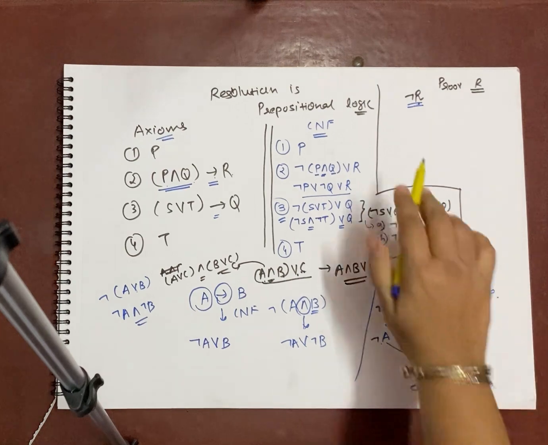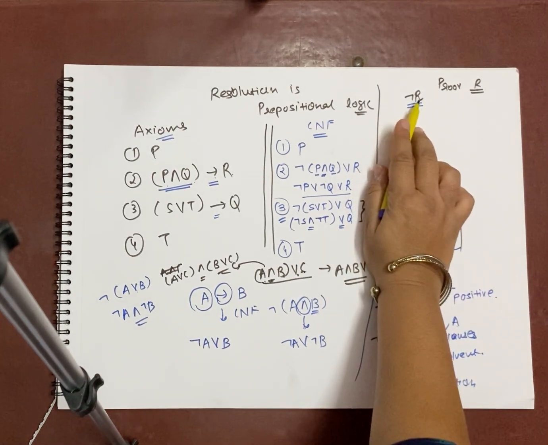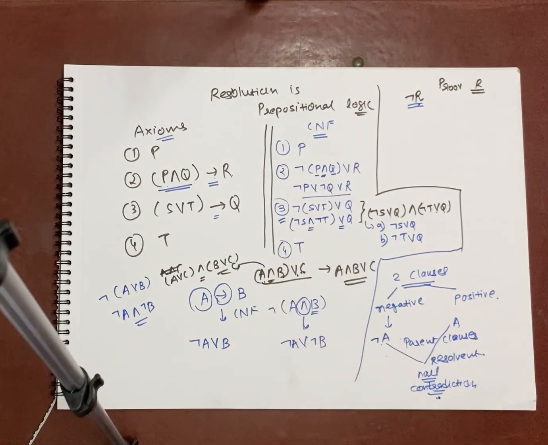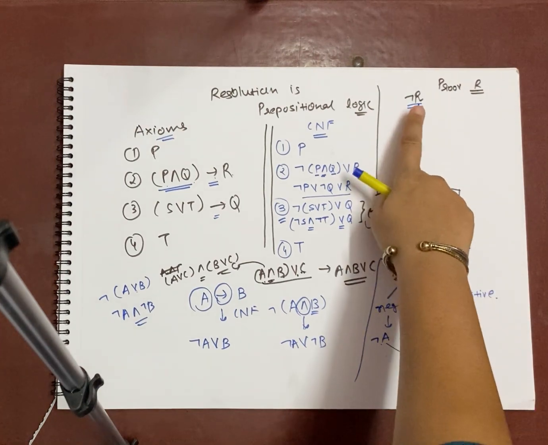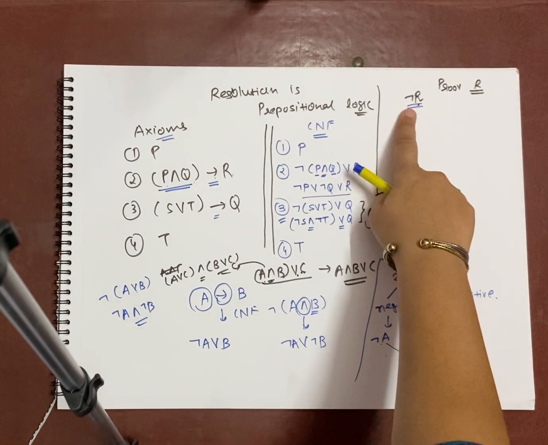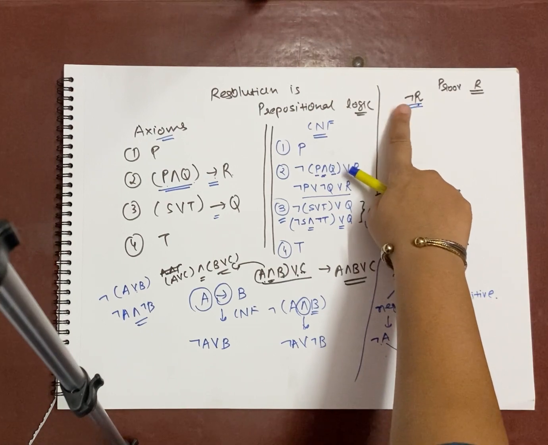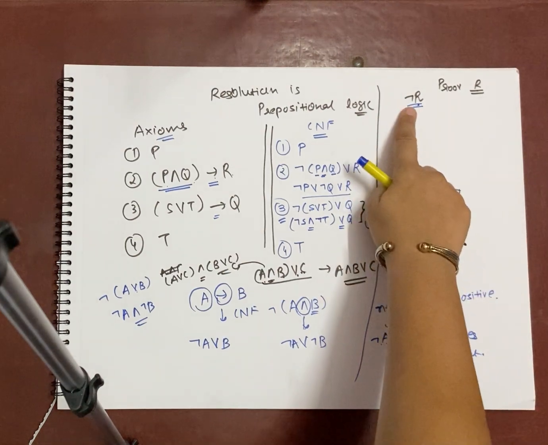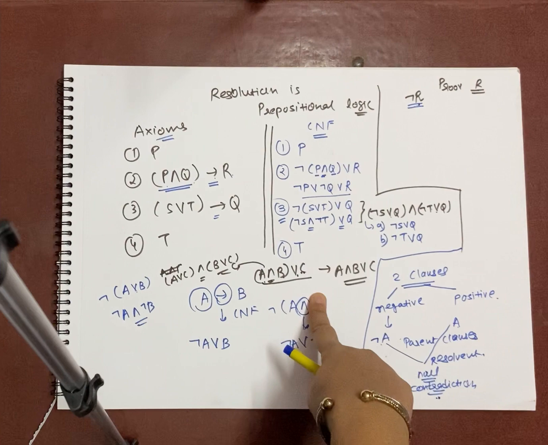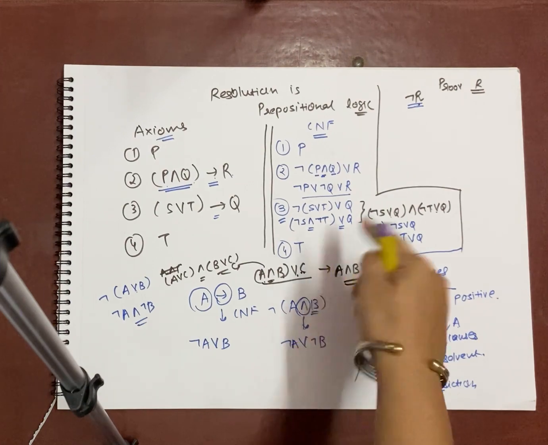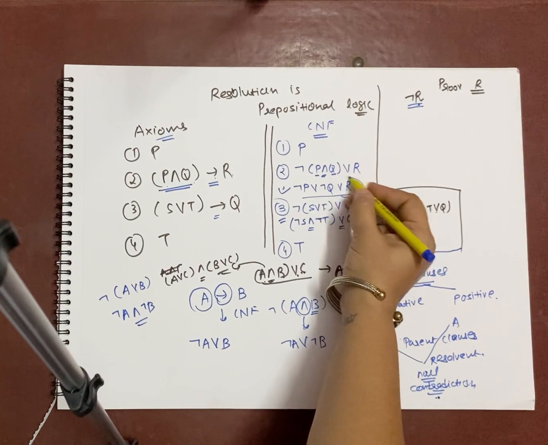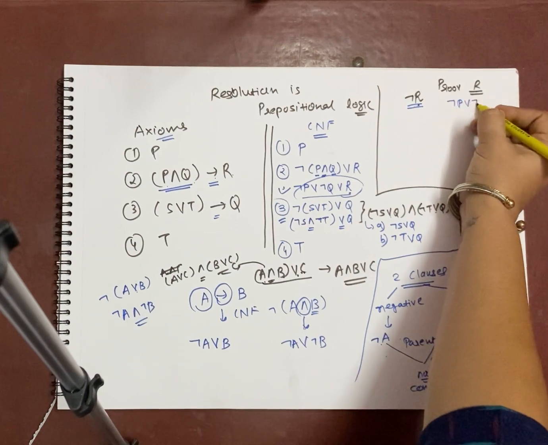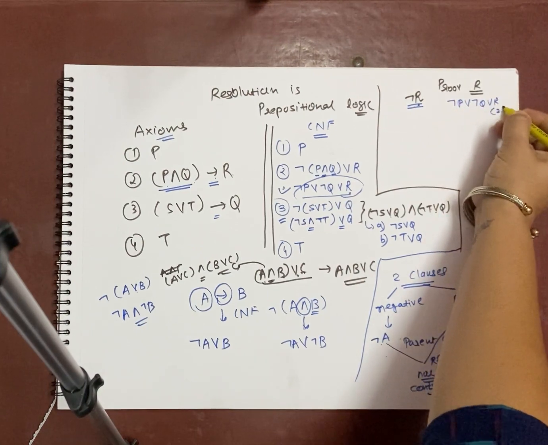What we are going to do over here? If we have negated R over here, I am going to pick up a clause from my knowledge base where the opposite one is available. So the goal is by default going to be one of the parent clauses. Goal is always going to be by default one of the parent clauses. But as we are applying resolution, we have considered over here negated R. Okay. So from all the facts we have, I have to identify a clause which has positive R. So if you observe this one, positive R is there. So the clause I am going to pick up is not P or not Q or R. That is step number 2.